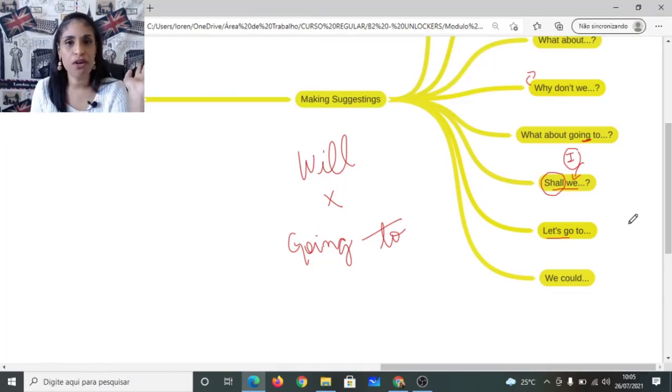Let's go to very informal. As you can see, it's not a question, right? It's almost a demand. It's almost like, oh my God, I forgot the word. I forgot the word in English. Let me see if I remember the word in Portuguese. This is happening all the time. Oh, I don't remember the word in Portuguese either. Okay. It's like, oh gosh.